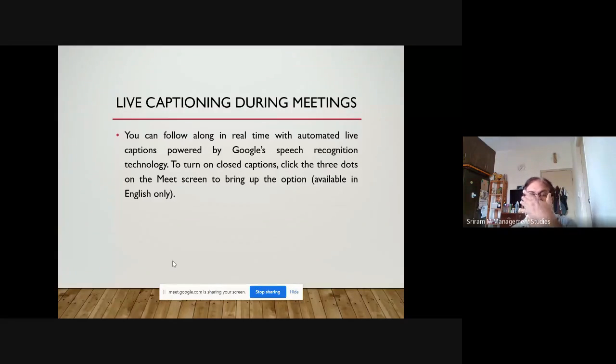You have two options in this. Either there are three dots on the screen, you can see on your screen. If you press that, you will have an enable CC option, or directly on the screen itself, you will have an option of CC. The moment you click that, it will be easy, because suppose people are not able to follow, they can clearly read those subtitles, which work because this goes with the voice recognition software enabled by Google.